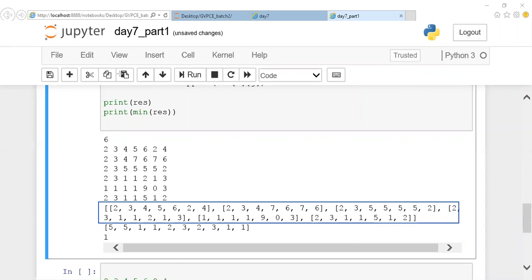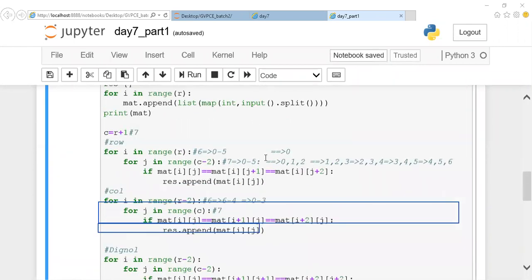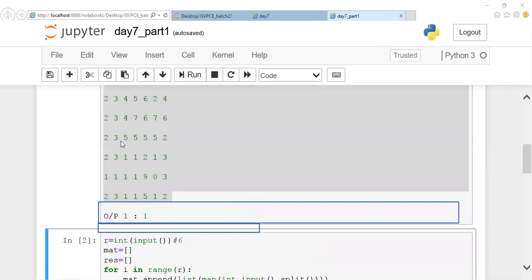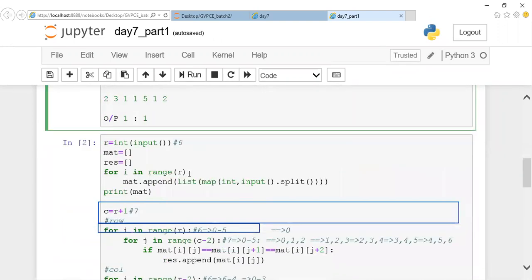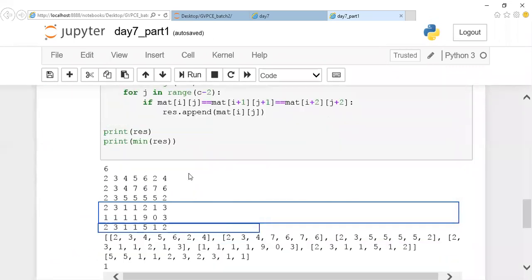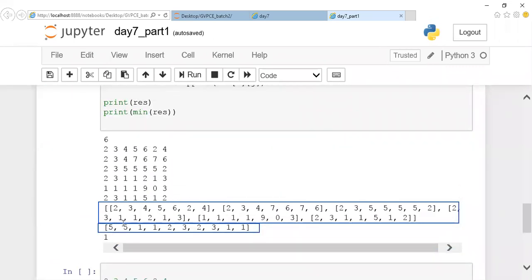So you can notice that the repeated element can be inserted as many times as it occurs. For the repeated elements, you're going to take only the minimum elements. Don't worry about how many times it is repeated. When you're taking each and every pass of the set, we'll have repeated elements. When the element is repeated more than thrice, you can notice here when I'm taking the first three, these three will be getting repeated elements. Again, next three you'll get the repeated elements. So that is the reason you're getting these many repeated elements. Some more, you're going to pick only the minimum value from it.